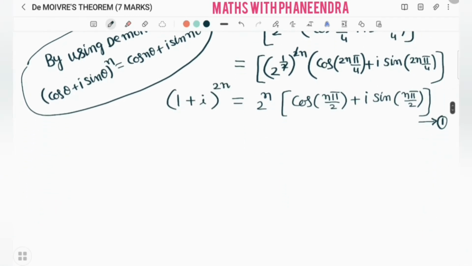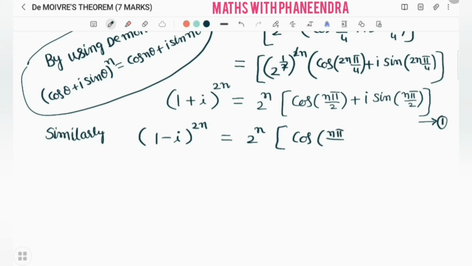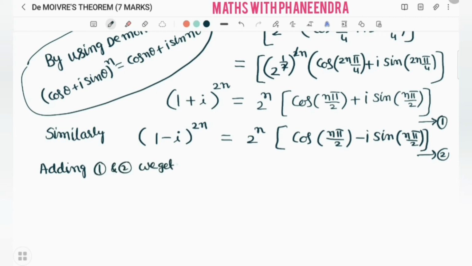Similarly, (1 - i) whole power 2n is equal to, we can write as 2 power n into cos n pi by 2 minus i sin of n pi by 2. Equation number 2. Adding 1 and 2, we get